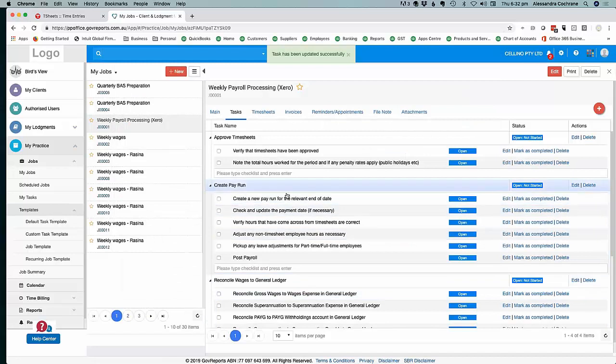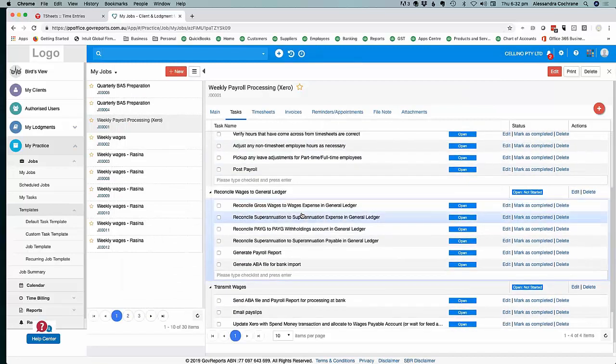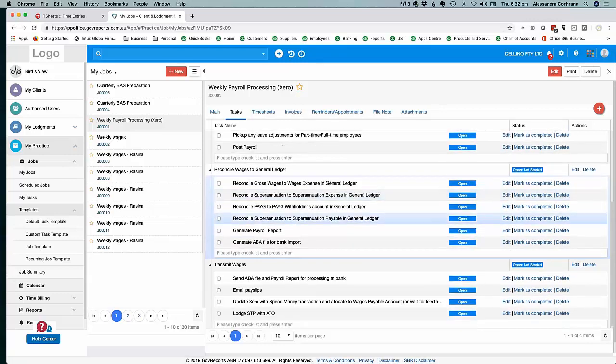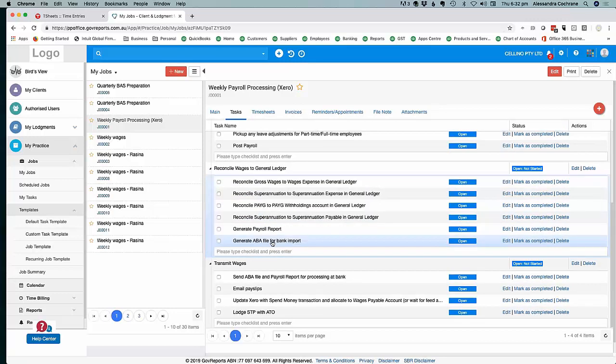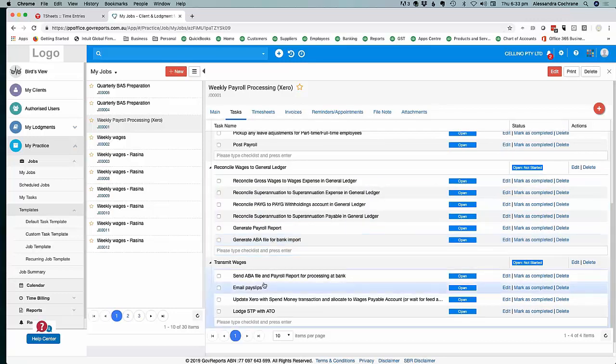Okay, that's better. So now in my process, I'm making sure that I reconcile everything to minimize having to do much in the way of update events. If I can do this, then towards the end of the financial year, the final pay run event will be very minimal. It will be reportable super checking that and reportable fringe benefits tax and any other minor adjustments. So this way I'm reconciling as I go along. It's part of my process that I do anyway. I reconcile every month, I reconcile every quarter. I make sure that it's all reconciled. So now I'm doing this reconciliation at this stage before I even send the ABA file to